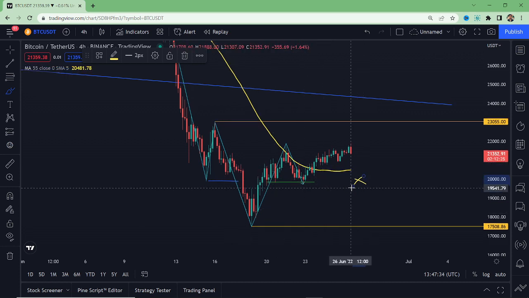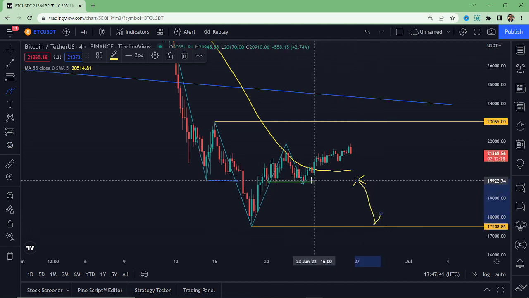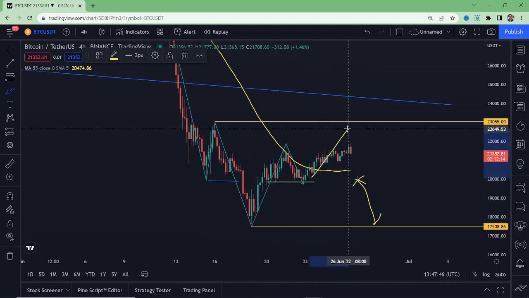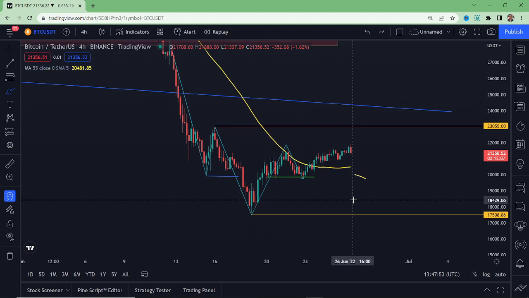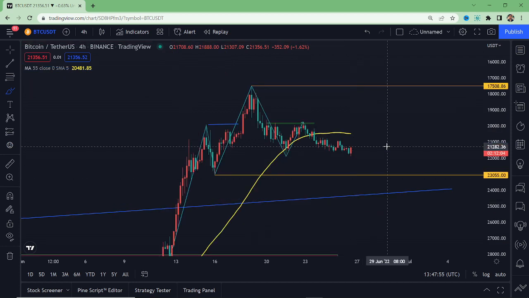But the next possibility that I think would be this one. If this support is broken, until we stay above this support line, this is an obvious move that the price is trying to go towards this place. Let me invert the chart to show you. If we invert the chart, we can see this was a higher high, a higher low, a higher high, and a higher low. And now you can see that this place is your point of control.